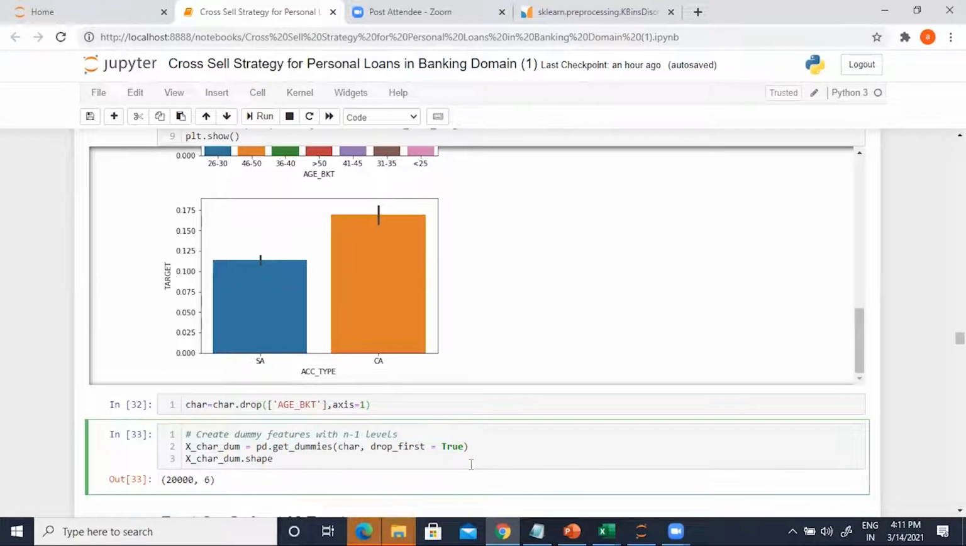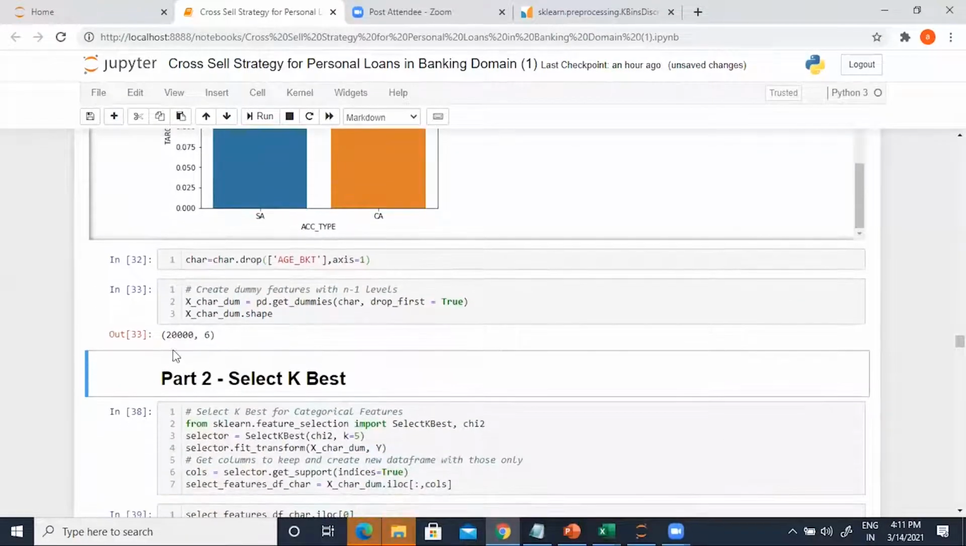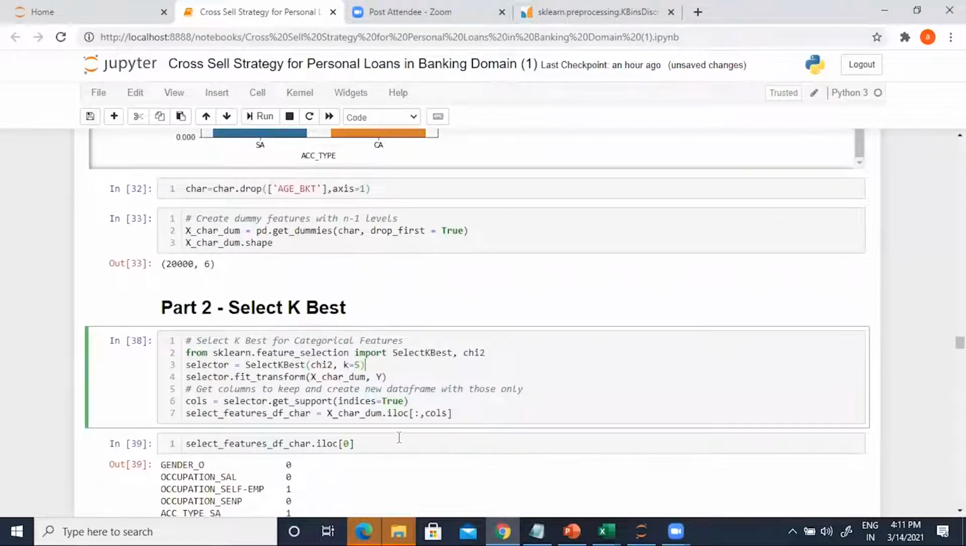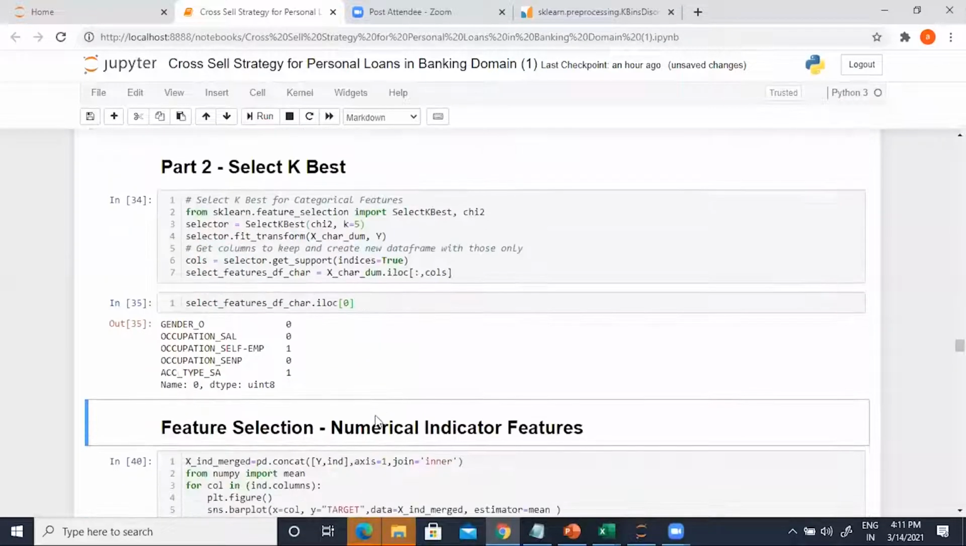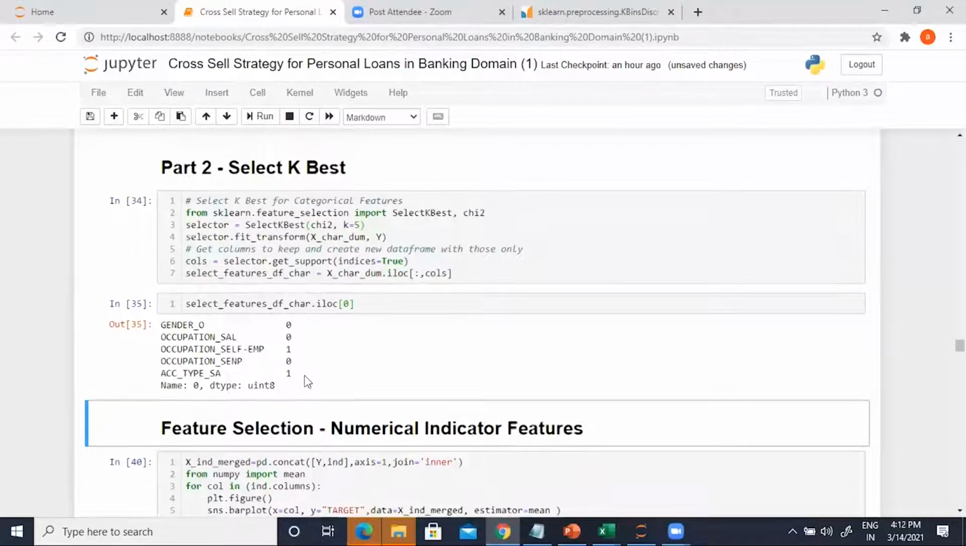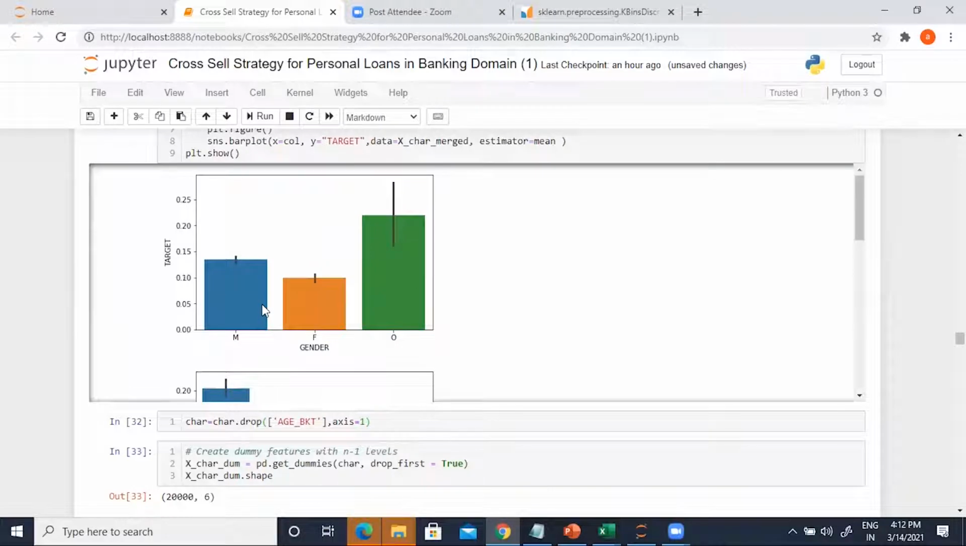Once we do this, xchar dum is composed of 20,000 rows and 6 features. Now, out of these 6 features, let's keep the top 5 by again deploying select k-best. Once we run this, we can see that this is the story. Gender, other, good. Occupation, salary, self-employed, SENP. These are getting kept in the data. Account type SA, which is savings account. So what it has done is basically kept the ones which are lower than